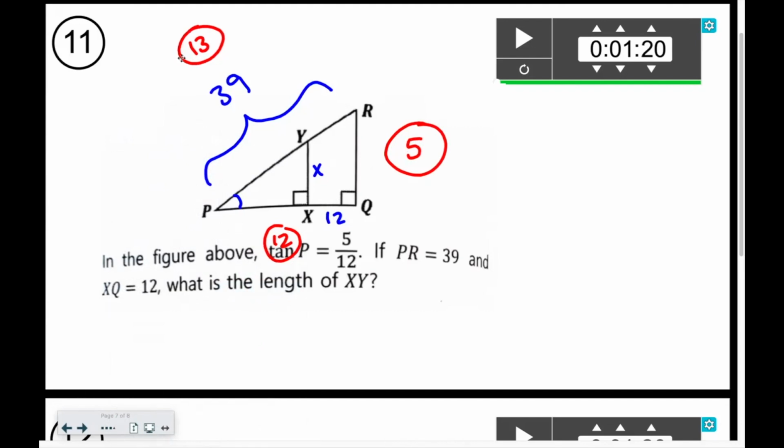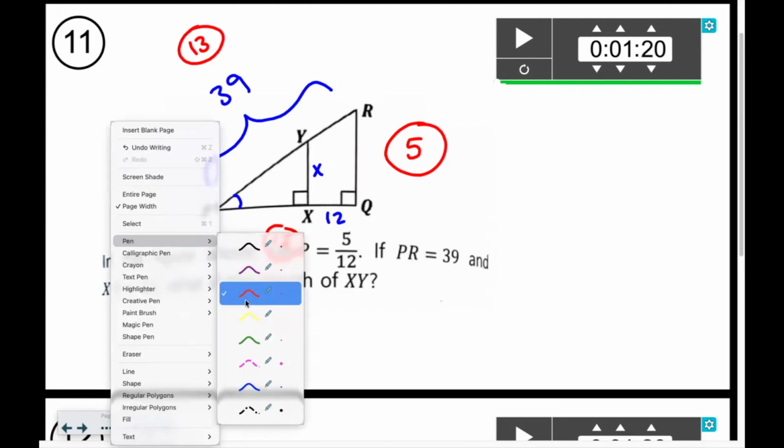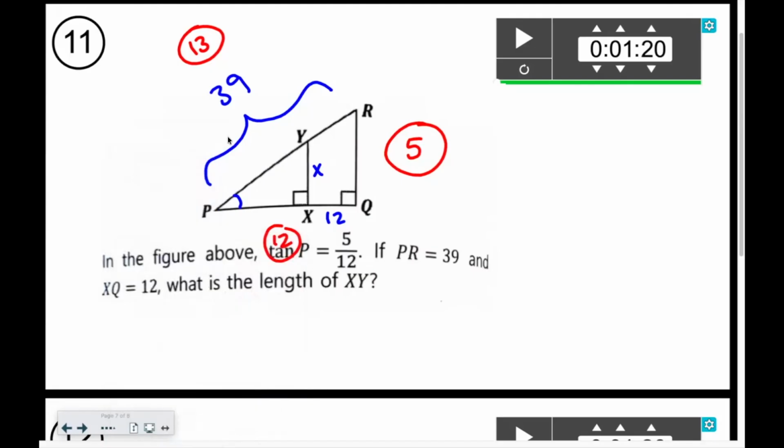This is why I really wanted to think about this for a second. So what this means, right? 5, 12, 13. Hopefully, we know 3, 4, 5s and 5, 12, 13s. All right. But this is a 5, 12, 13 triangle. And since this is 39, it means the big triangle is getting multiplied by 3. So that tells me this whole length is 15. And then if I multiply by 3, it tells me this whole length is 36, of which this part is